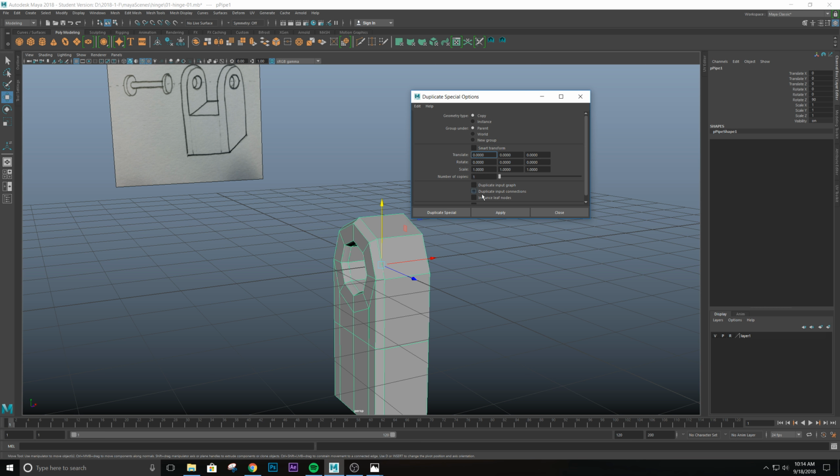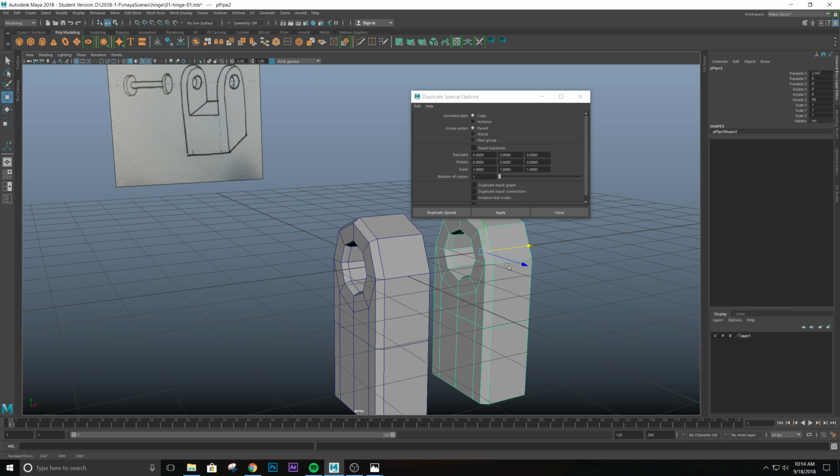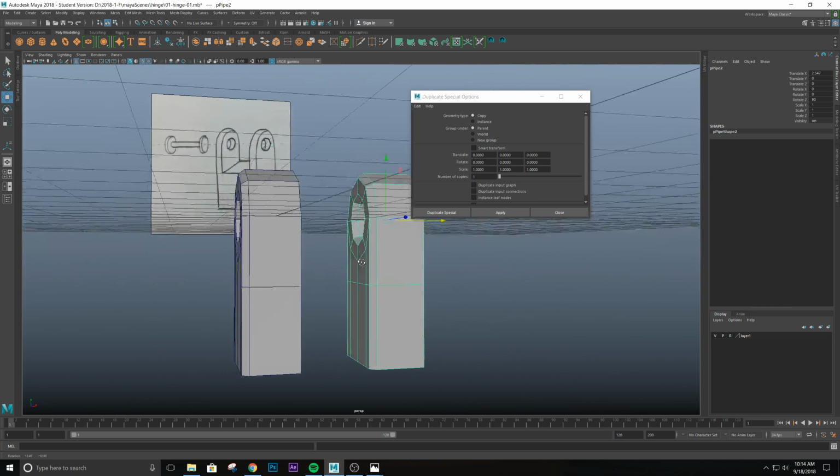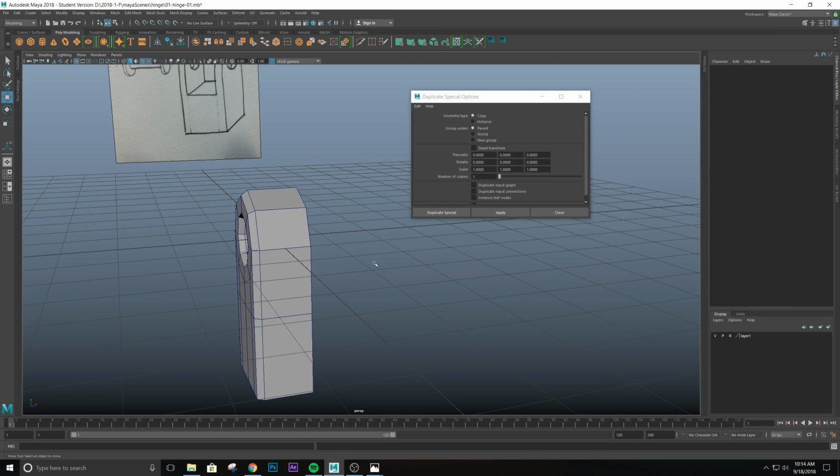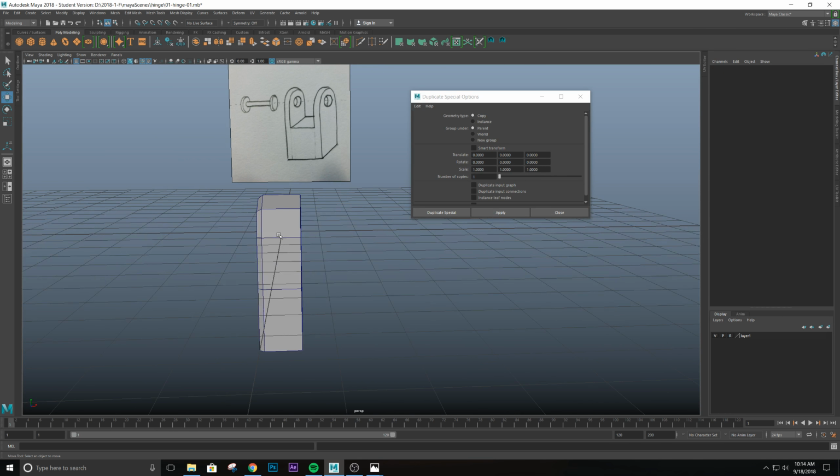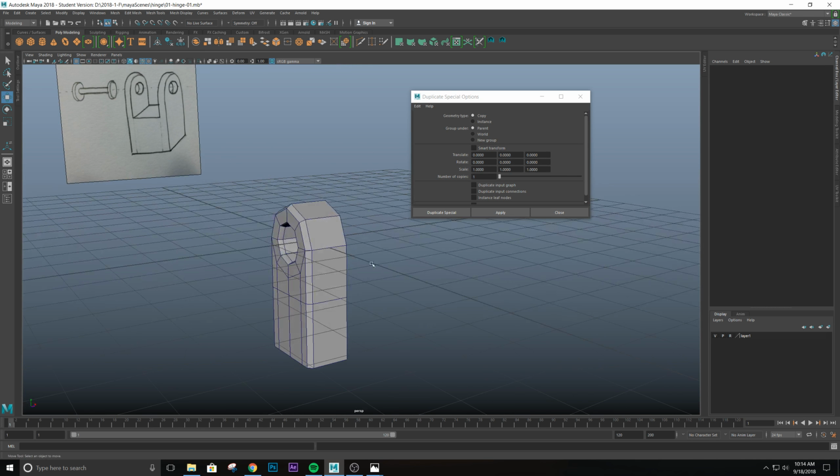Okay, so if I use Duplicate Special the way that it is by default, right when I open it, I'm gonna hit Apply to just have this window open. You can see it does the exact same thing as if I duplicated it. Okay, and that's not what I want. So to get to the mirrored version of the duplication, one of the ways in Maya is to put a scale of -1 for the object in the axis that you want it to be